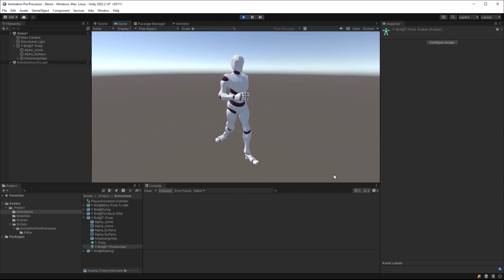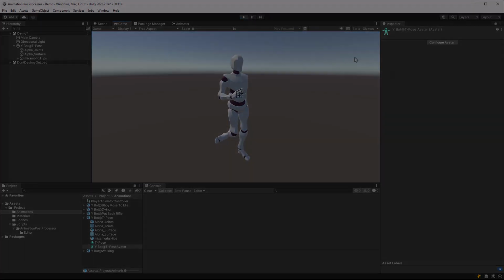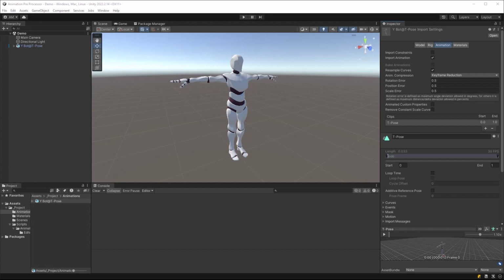When working with Unity and importing animations, we often face several issues like missing avatars, generic animations instead of humanoid ones, unnamed animations in your FBX files, and animations that aren't set to loop. Manually fixing all these problems can be a time-consuming and frustrating task, especially when dealing with dozens or even hundreds